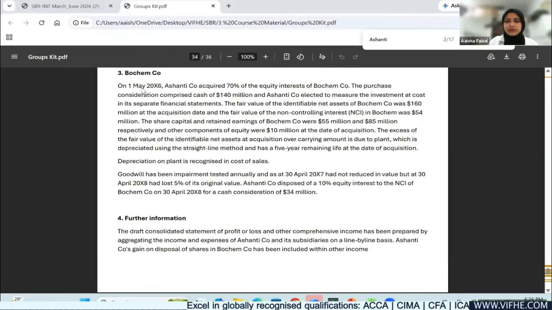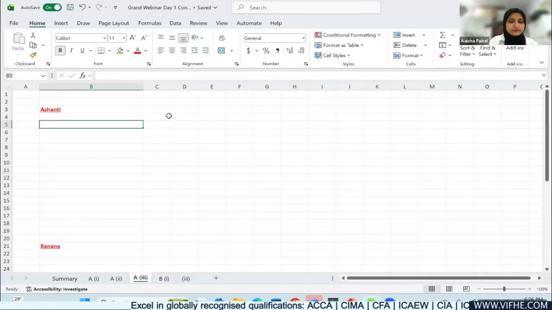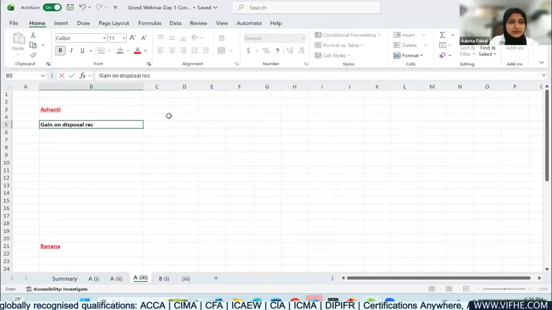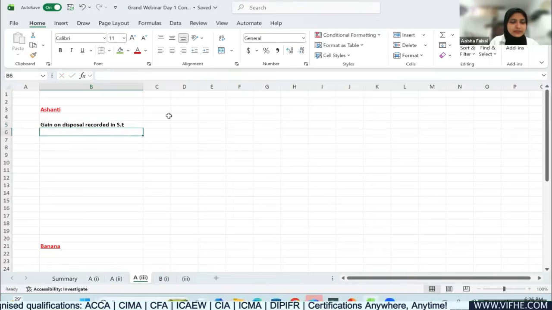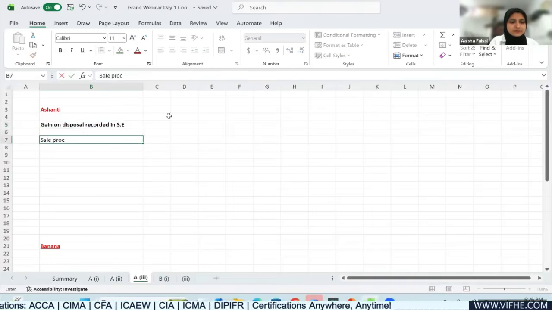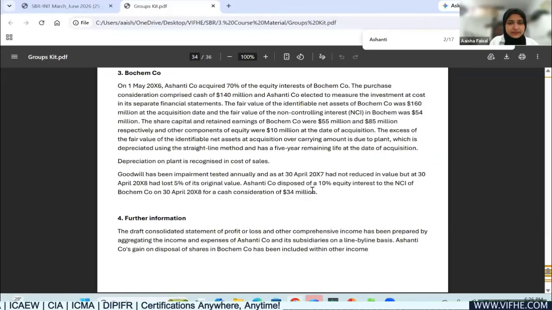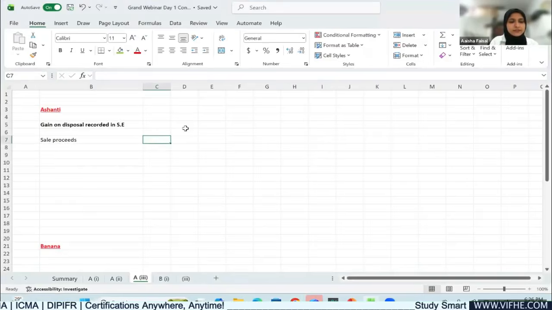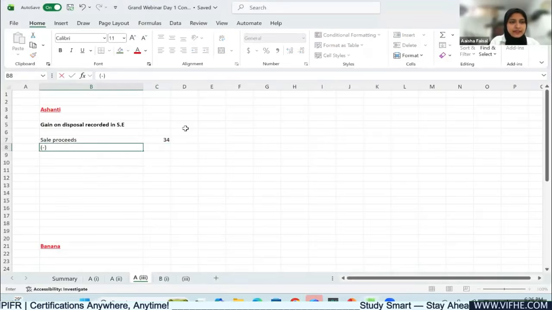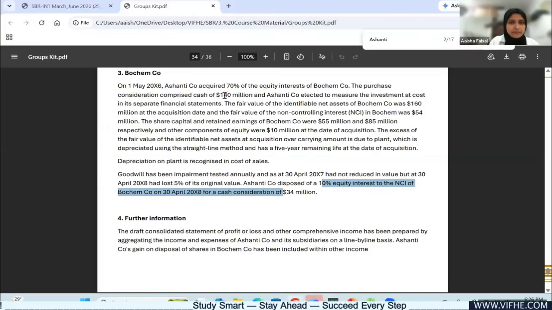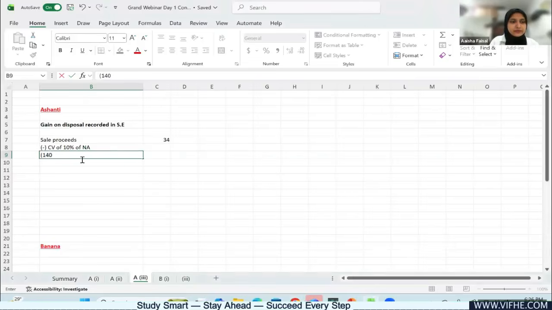So I'll do this quickly now. Gain on disposal recorded in single entity. Sale proceeds is 34 million. Can you see this over here? 34 million, less carrying value of 10% of net assets, which is 140 million. This 140 million into,